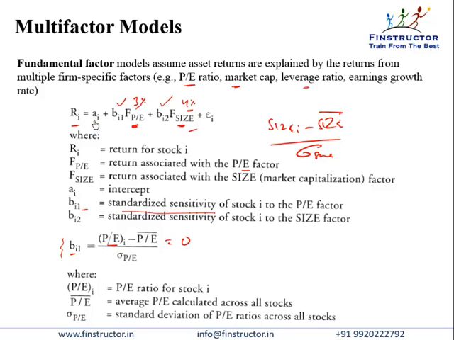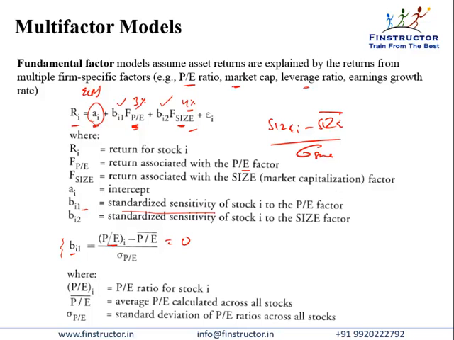Please note, the alpha in a fundamental factor model has no interpretive significance. Just like we said that the alpha in the macroeconomic model is the expected return in the absence of any surprises, the alpha in the fundamental factor model per se does not imply an expected return or anything like that. It is just the alpha or the constant that comes from the regression equation, that is B0 minus B1 into